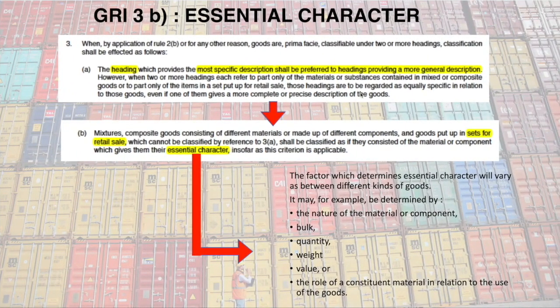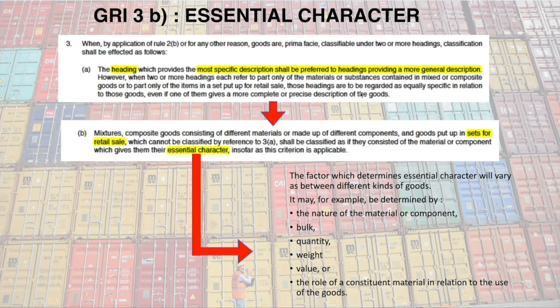Well, but rule 3, letter A, in addition to indicating the preference for the more specific heading over the more general ones, also indicates something else. The final paragraph of rule 3A indicates that when the products are mixed products, composite products, or mixed merchandise, or the goods are presented in sets for retail sale,